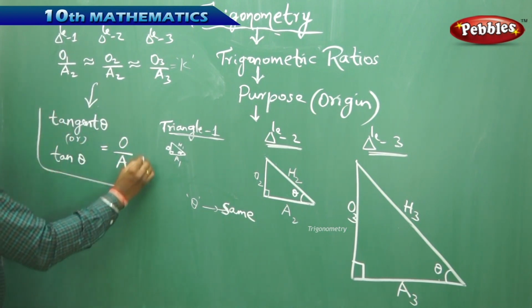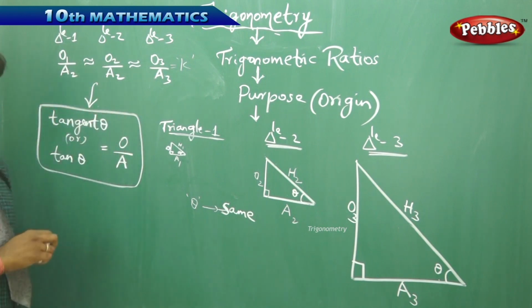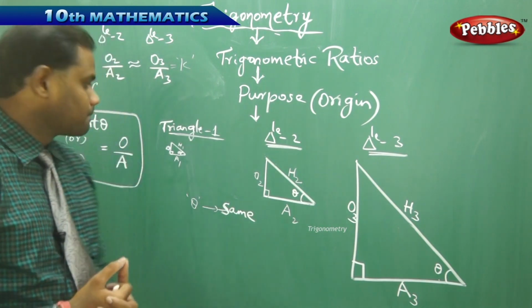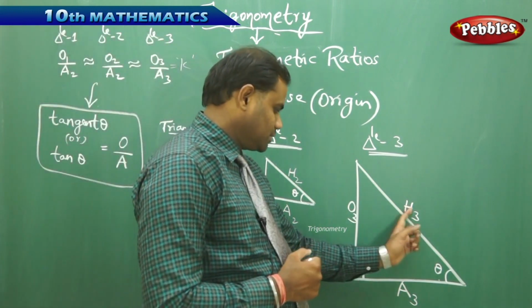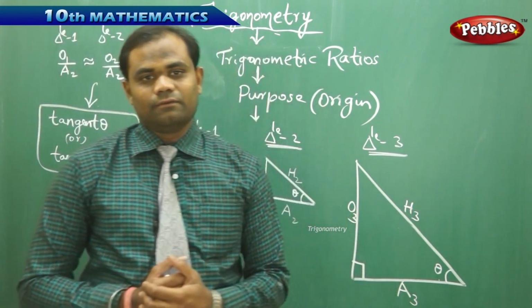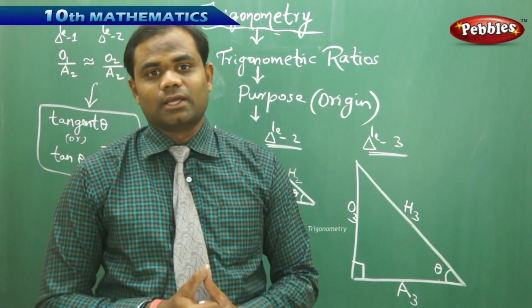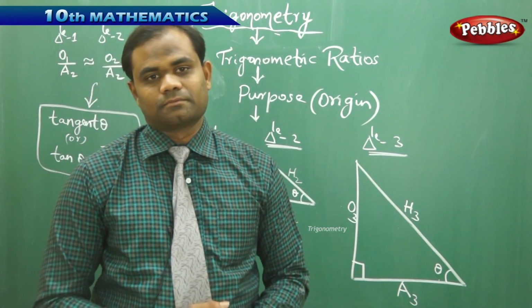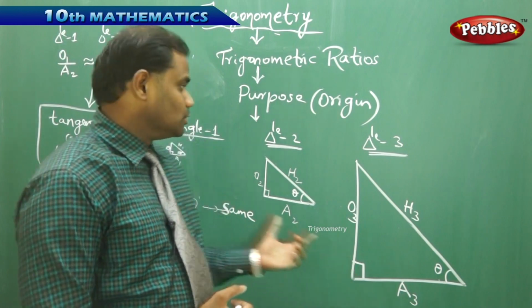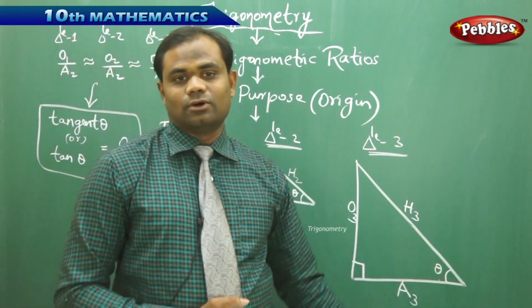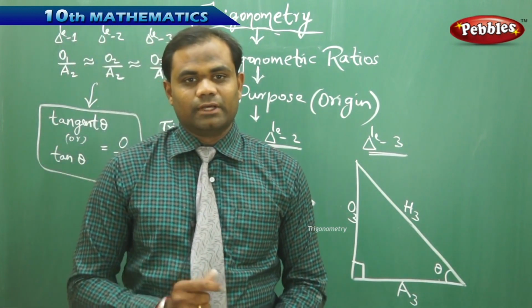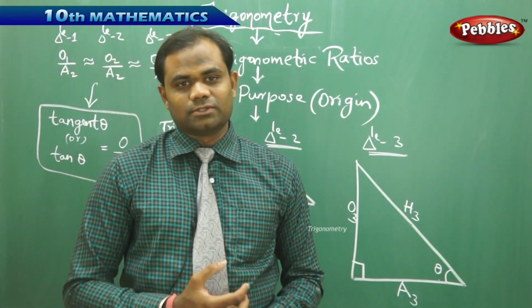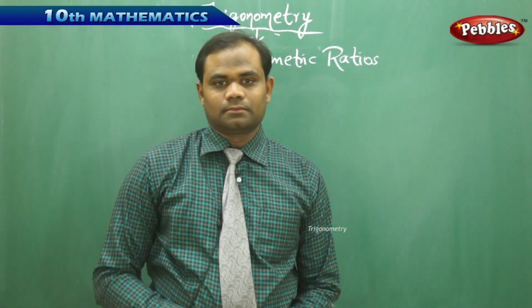This is how we understand the trigonometric ratios. So these are the three trigonometric ratios. Now that we have connected A with H, H with O, and O with A, we have three trigonometric ratios invented by mathematicians for a right angle triangle using the same angle theta. Therefore, let's recap how the trigonometric ratios are framed into formulae.